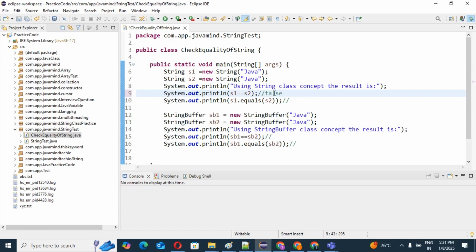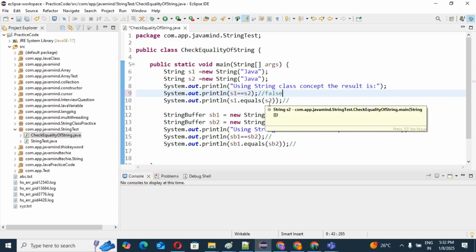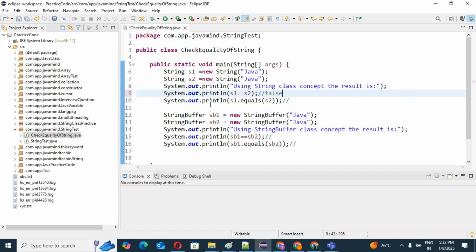This time you can see s1.equals(s2). Already I have explained: the equals method in the String class is an overridden method from the Object class, because the equals method in the Object class is used for reference compare of two objects.